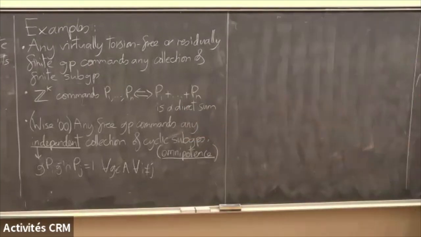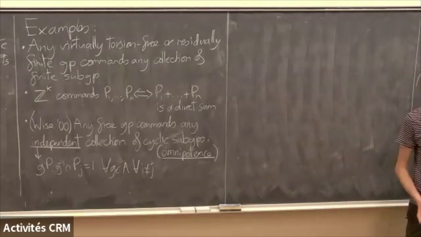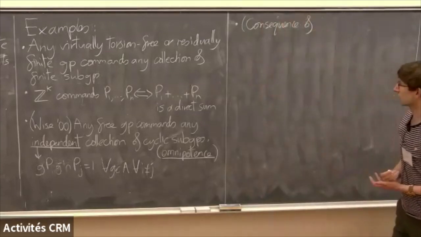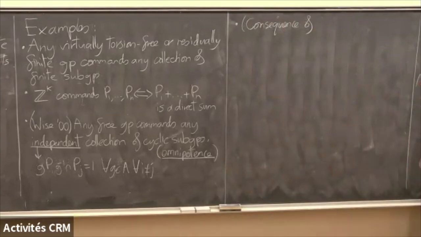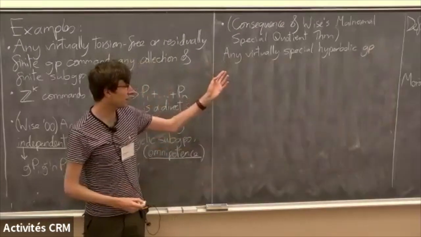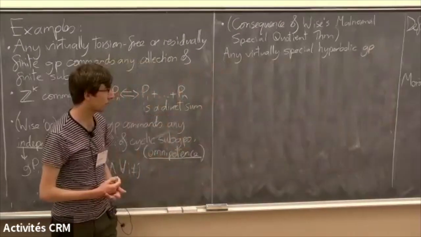Okay, so there are a few other examples in the literature of omnipotent groups, but I will skip ahead in time a little bit to a much more general class of commanding groups. And this example will be a consequence of Wise's malnormal special quotient theorem. The example is as follows. Any virtually special hyperbolic group